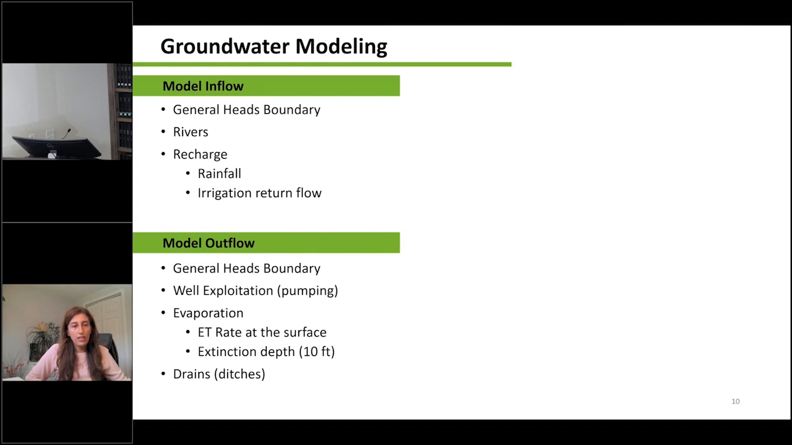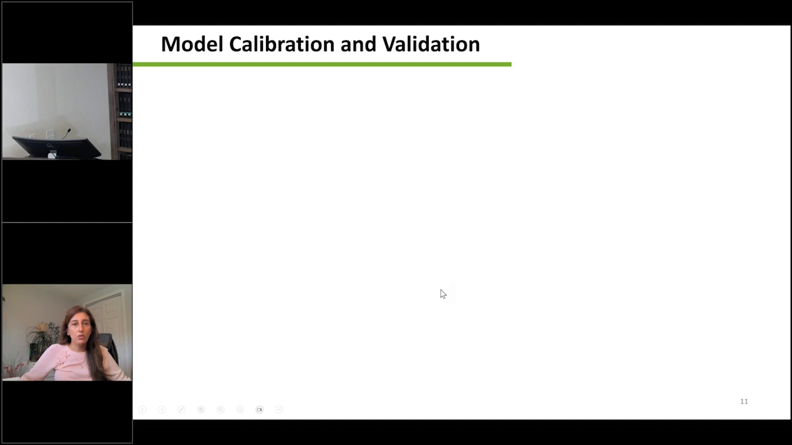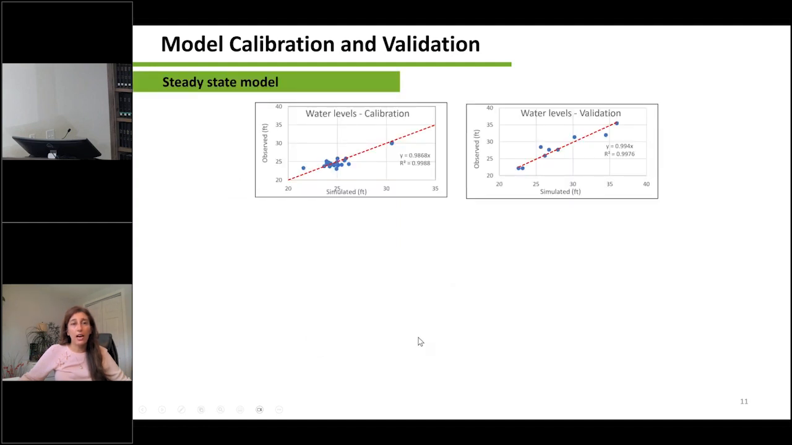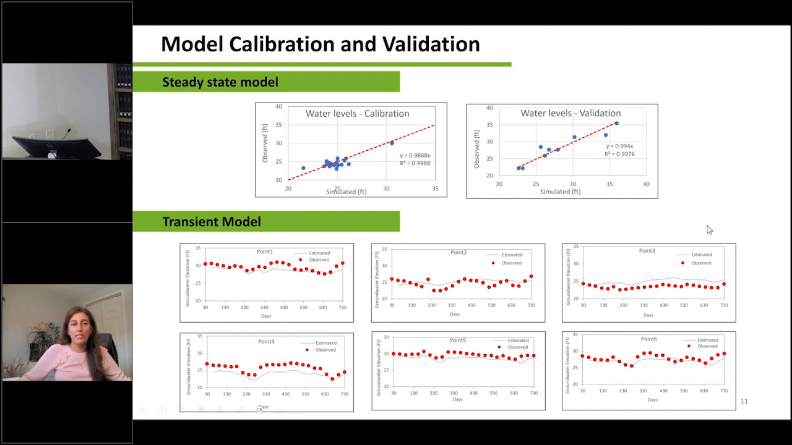Again, for general head boundaries we have considered the natural water system, the well pumping, evaporation, drains, or the ditches, or any drainages that exist. Those are the model outflow. So, using this information, we have developed our model. And we have calibrated the model, validated the model for different states. One for a steady state model. Here, it means that for 1 year, we have looked at the water level, and we assume that the model is